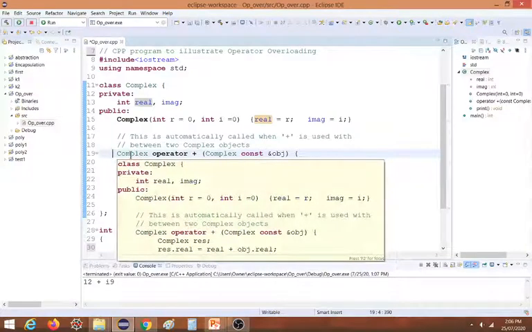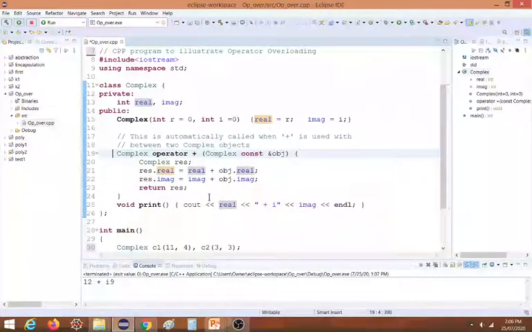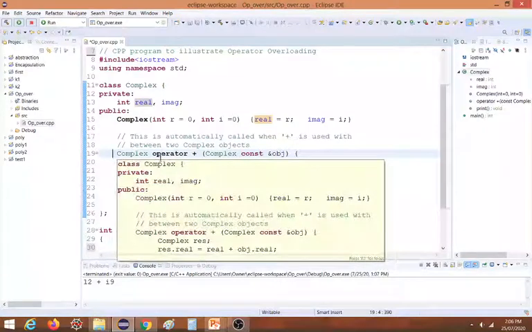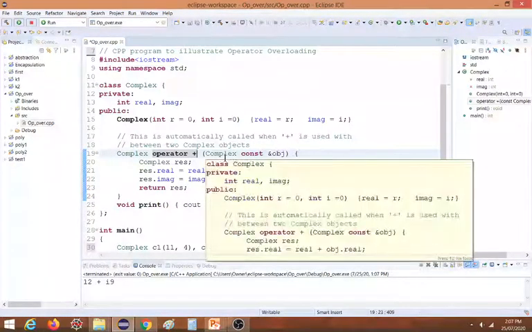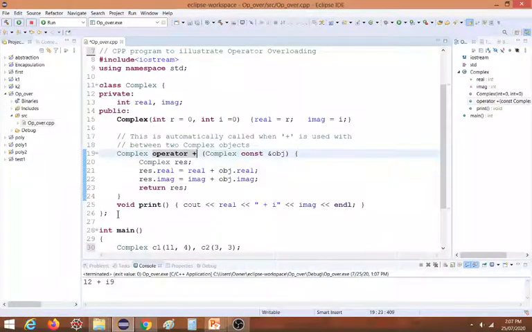So Complex is the return type of that function, operator plus, which we are overloading. This is the name of the function, which is highlighted right now. Then to this function we are passing one parameter, which is nothing but a complex number. Now this is the Complex class, so we will be passing an object of that type.